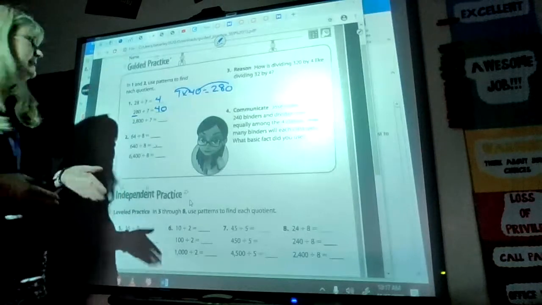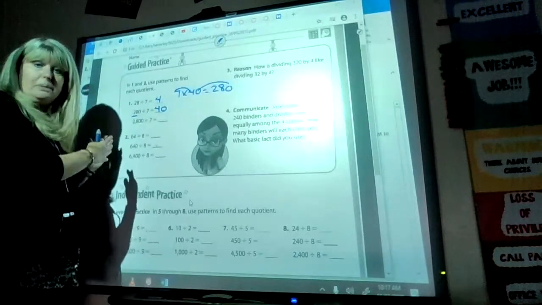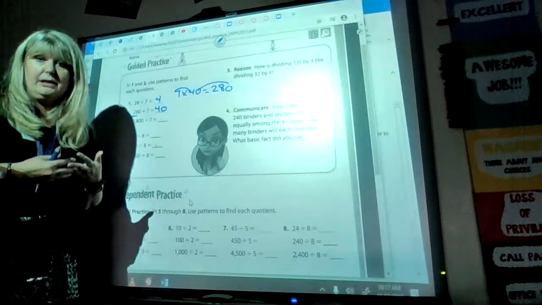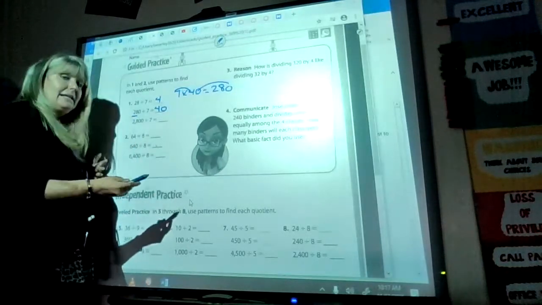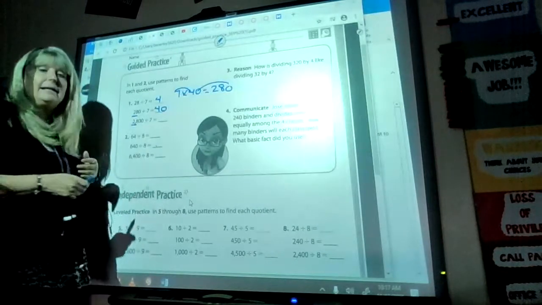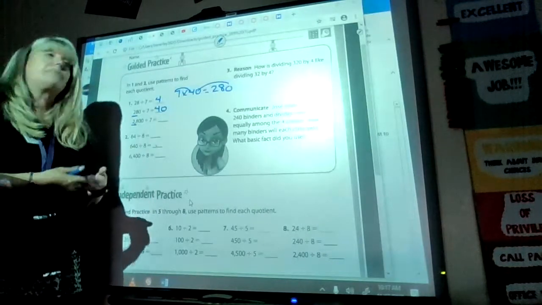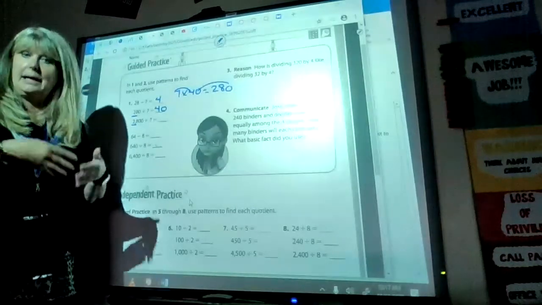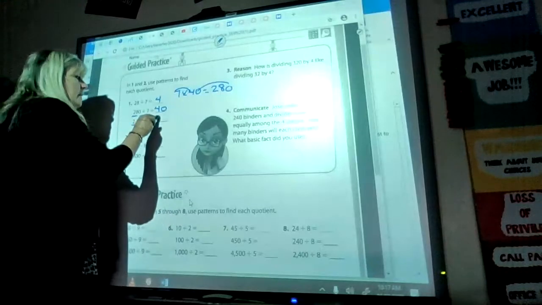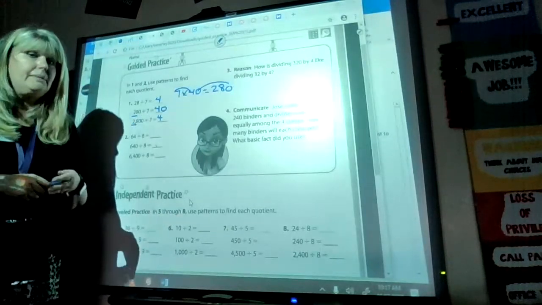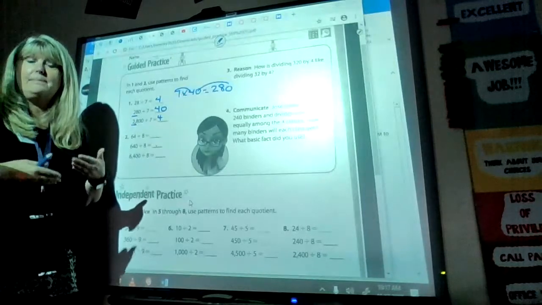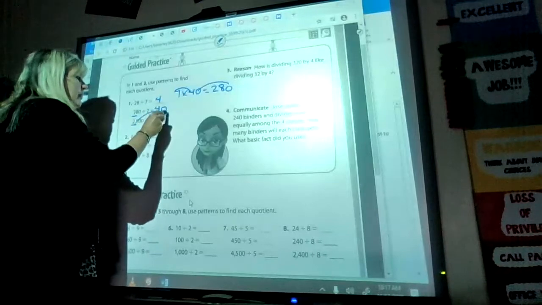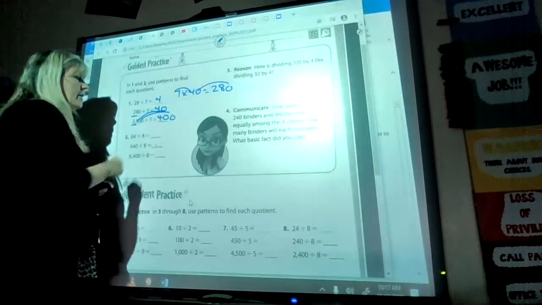Now, if we take it one step further and we move one more place over on the place value chart, and we have 2,800 divided by 7. Again, think about 7 divided into the 2-digit number. What times 7 is going to give me 28? Okay, again, the answer is 4. But remember, we're not dealing with 28. We're dealing with 2,800. So instead of just the number 4, we would bring over those 2 zeros, and the